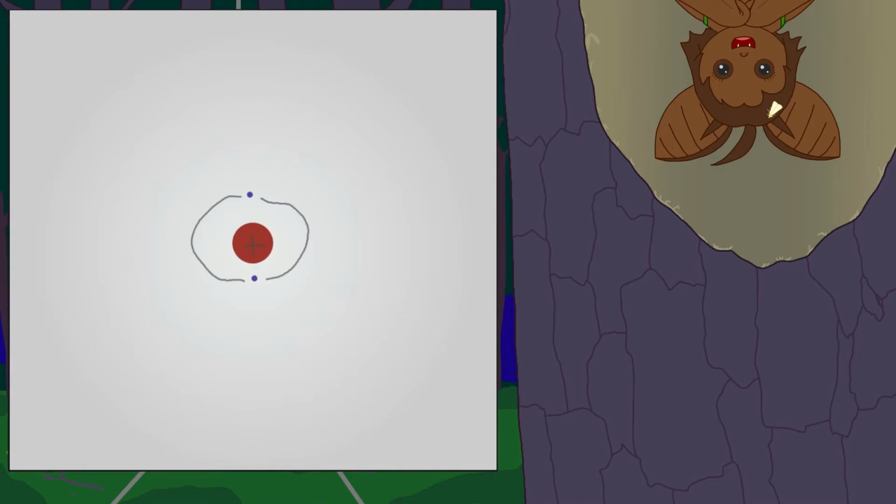Onward! So, as previously mentioned, atoms are made of a nucleus which is positively charged and orbiting electrons with a negative charge. As long as there are as many protons as electrons in the atom, it will be overall electrically neutral. When an atom has more or fewer electrons than is normal, we call that an ion.